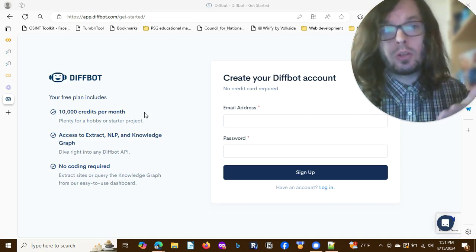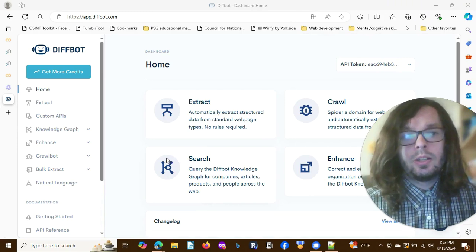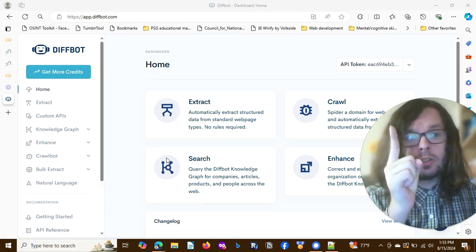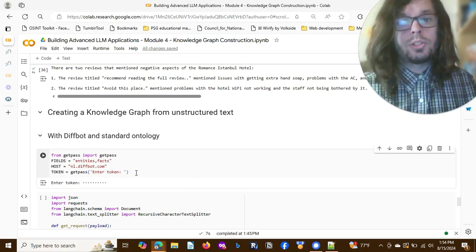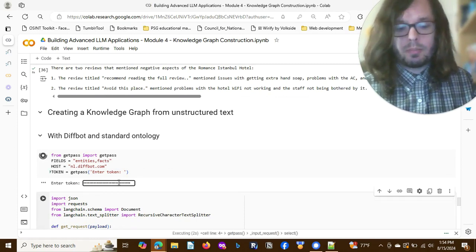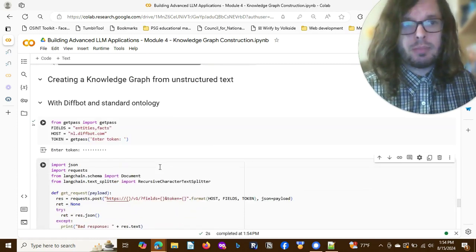So in order to follow along, go ahead and sign up for a new account on Diffbot here. And then once you have done so and you have gotten to your dashboard for Diffbot, you'll want to copy your API token that is right up here on your dashboard, okay? Once you have done so, you can get back into the notebook and you can paste in your Diffbot API